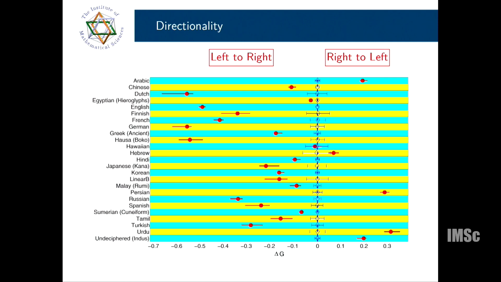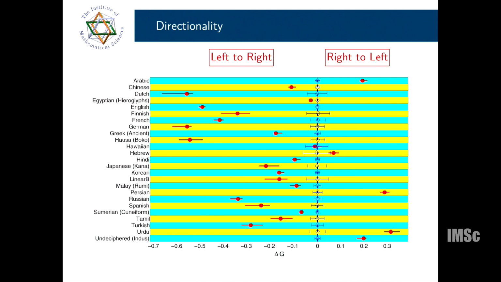Randomize your original dictionary: shuffle and change the position of each letter, character, or grapheme, whatever it is, and then calculate the same thing.